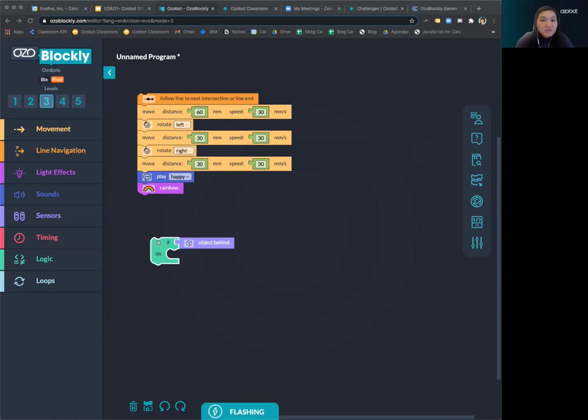And while you look for that link, Adrian, I think Joy had another question. Are all Evos the same, or are there different versions? All Evos have the same functionality, and they're able to be coded the same way through color codes and Ozoblockly. It would be BIT and Evo that are different. They're two different versions. Let us know if you want us to clarify that further, Joy.